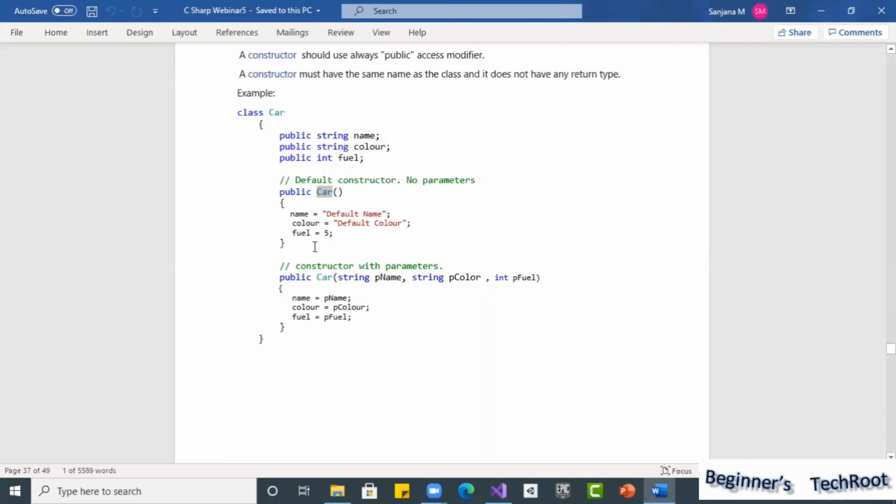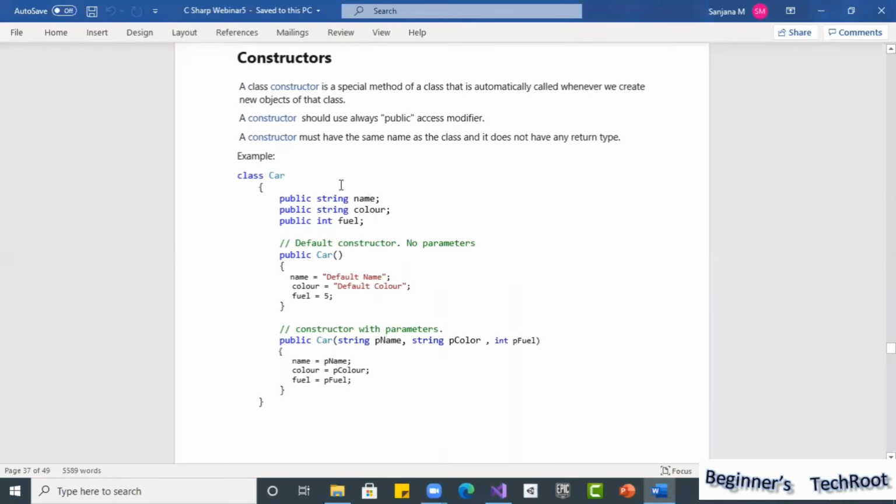Okay, so if you look from the beginning, this is public, the access level we are specifying, and it has no return type. The return type itself is not there, so we need not even put void. We should not put void.